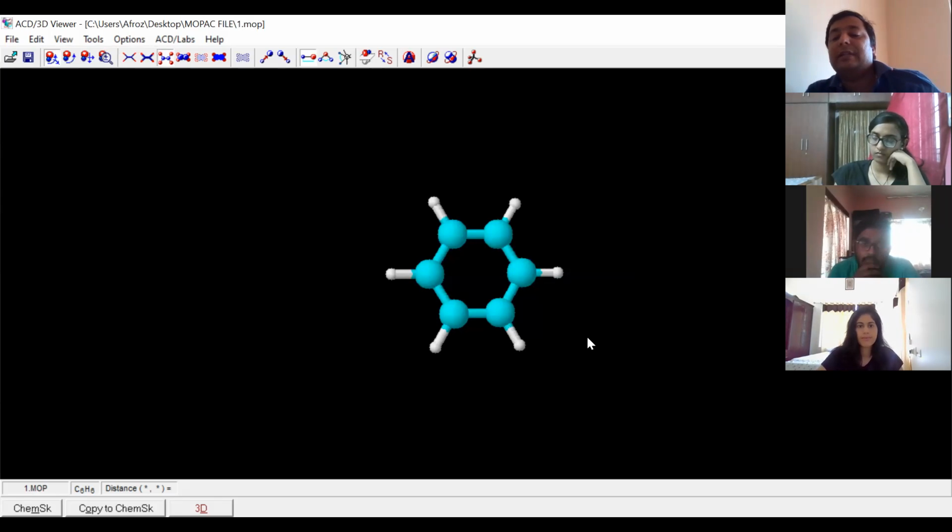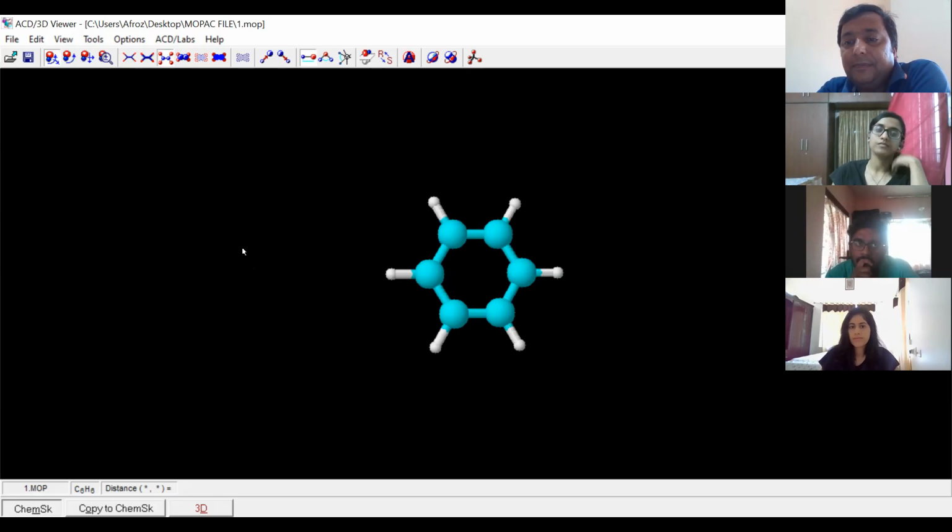You may think all these things can be done in ChemSketch also. That is true, because here there is also a 2D structure interface. You can draw this here. Can you see my screen? All things you can draw here itself. But here it is heavily crowded. For you, it will be a bit tough to draw the structure, isn't it? Sometimes you will be using a mouse, sometimes your pad or whatever. Here atoms are there, everything's there. Same thing you can do here also.